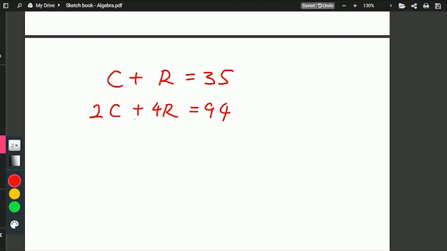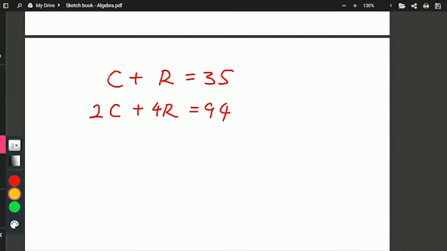What I do next requires more knowledge, so I don't expect you to be fully skillful at this. You can just watch me, because in the future, I will tell you all the skills. But since C plus R is 35,